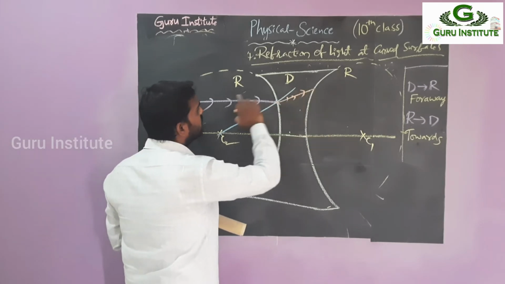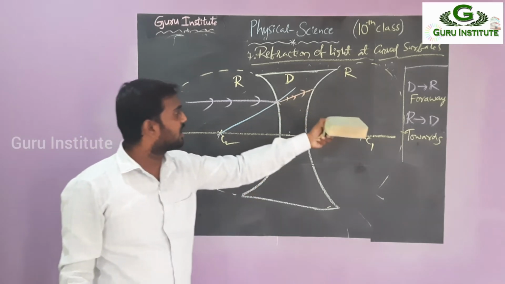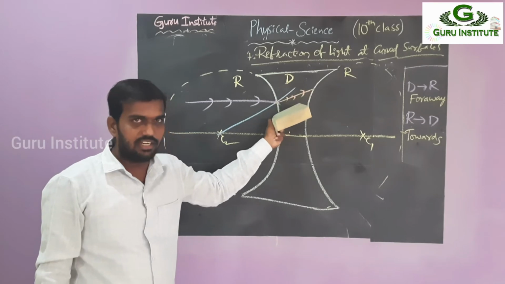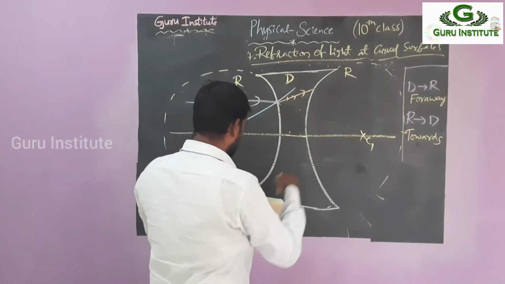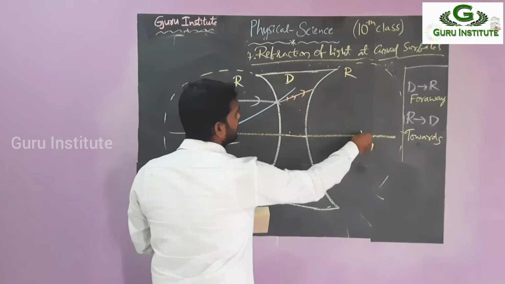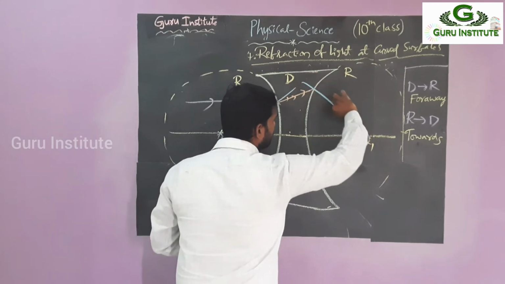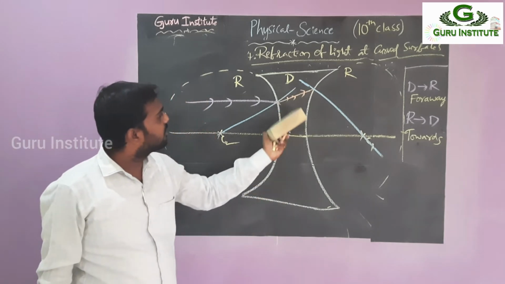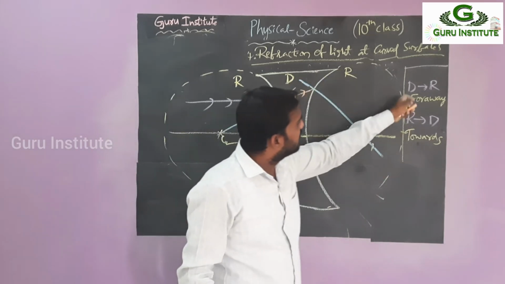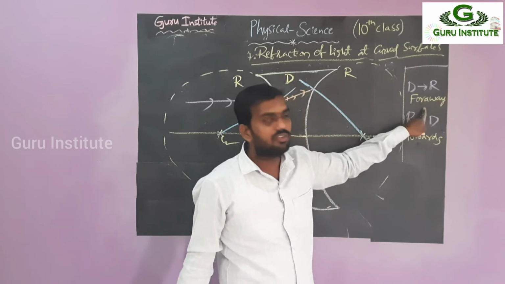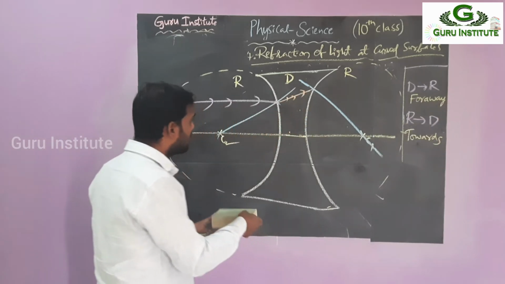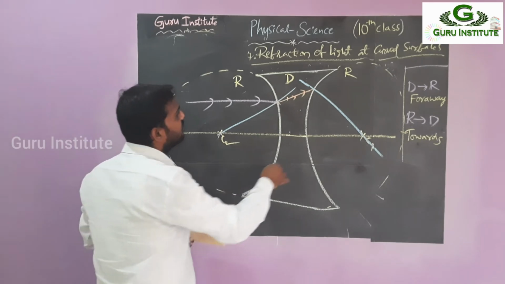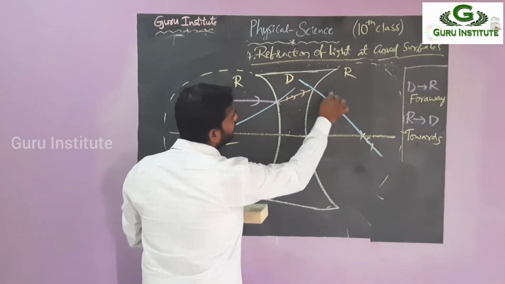So now it's over. First case. Denser to rarer. Now this is the incident ray. In the first case this is the incident, this is the refracted. Now this is the incident. Then we have to draw a normal to this one. Where is the normal? Join these two. So this is the normal. Again the ray is flowing from denser to rarer. Denser to rarer means what? Far away. So I am drawing the far away case. See here and tell me which is the correct answer.